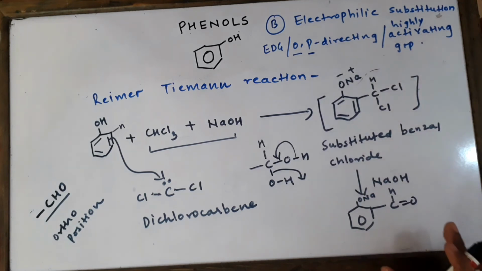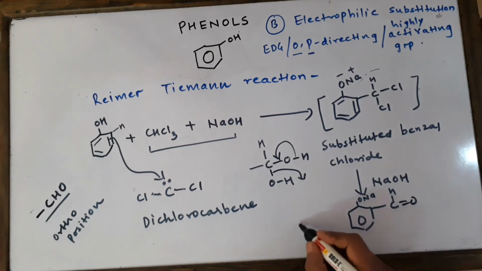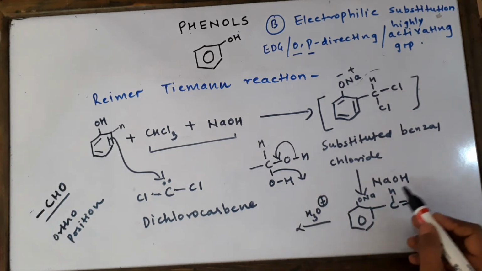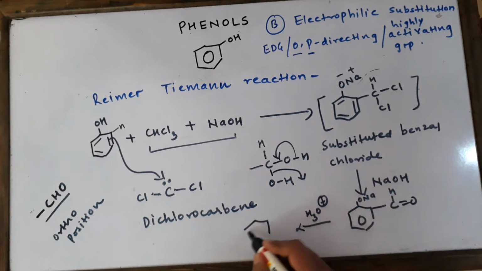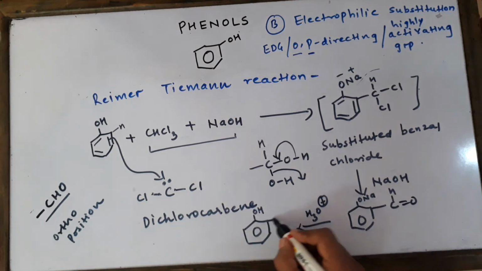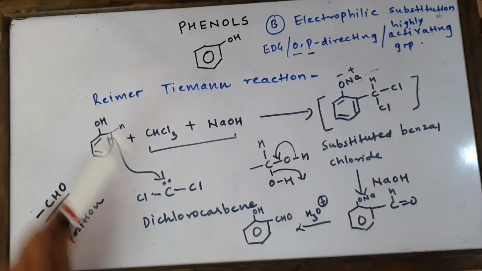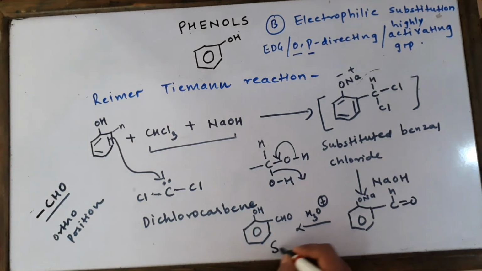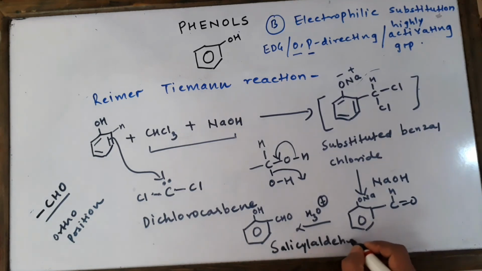So this is going to be your compound, which is now going to be looking like a substituted benzaldehyde. Last step, which is generally the last step for us always, hydrolysis, acidic. The Na will be knocked out and we will get there OH, CHO. Look at that. So finally in Riemer-Tiemann reaction, we are going to get the ortho-hydroxybenzaldehyde or salicyl aldehyde. Salicyl aldehyde. This is also important for your exam.